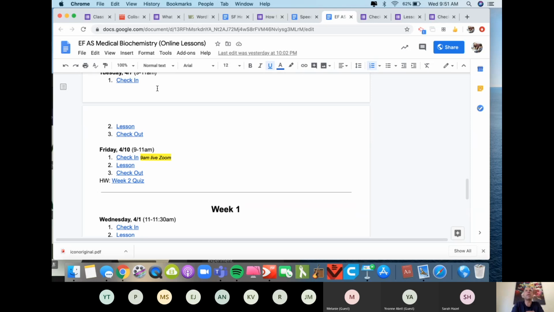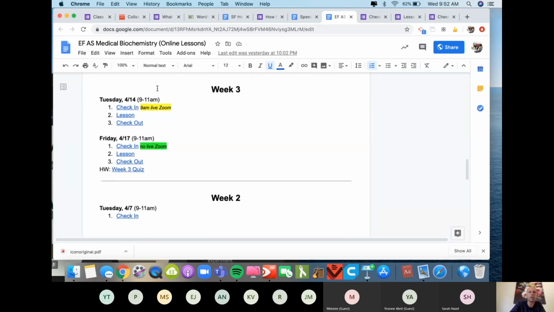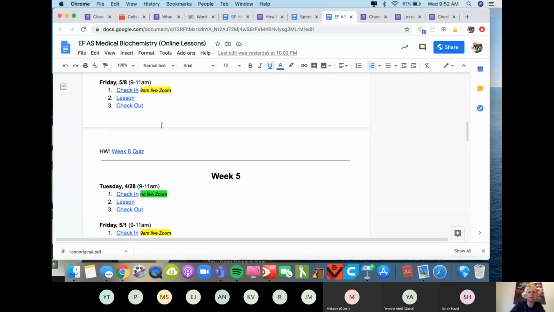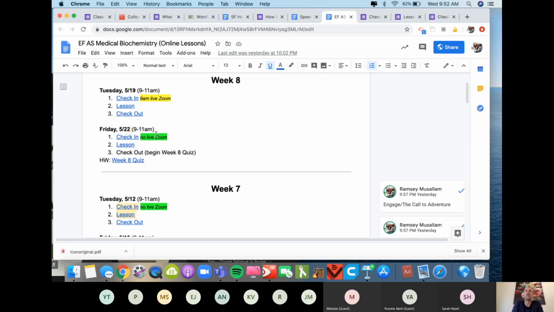I chose this because I felt like my students were having Zoom fatigue. All their teachers were Zooming so much that I didn't want to fatigue them with it. So I told myself, as long as I have one anchor a week. Here in week 3, you see I have one live Zoom there, none there, or 2 there, 1 there. So I use the Curiosity Spark as my way of Zooming with them in a really fun, authentic way. And then I used exploration and recorded videos of myself to really hammer in any other information. And then I hung out in the Zoom room if they had questions.